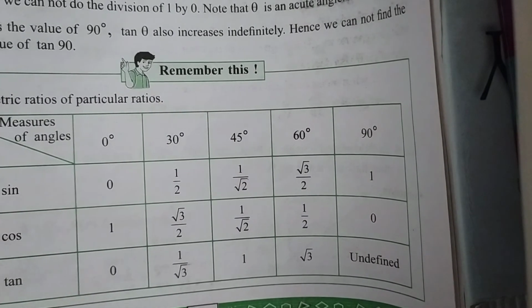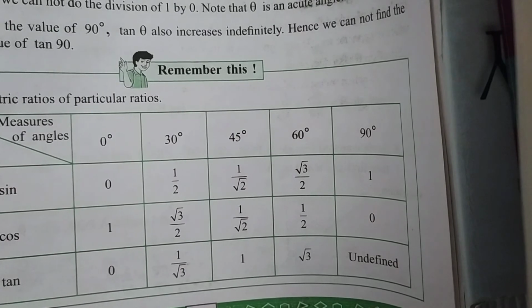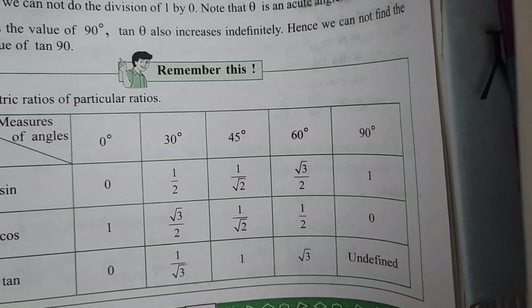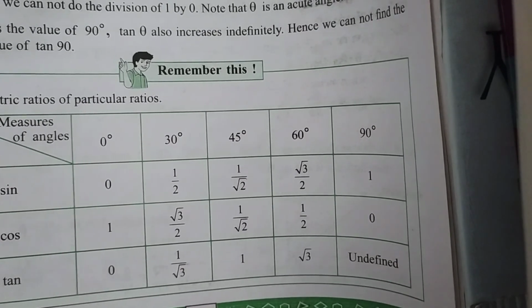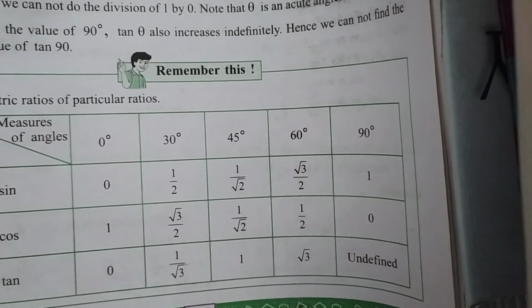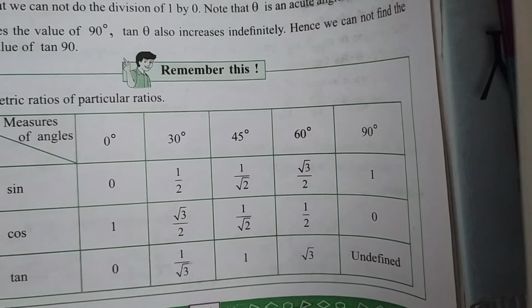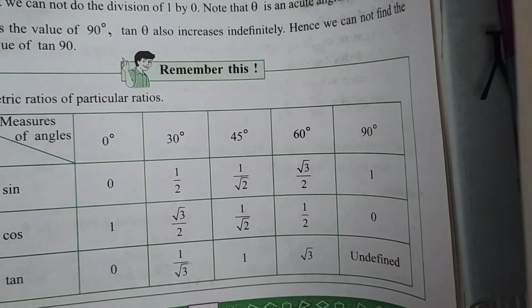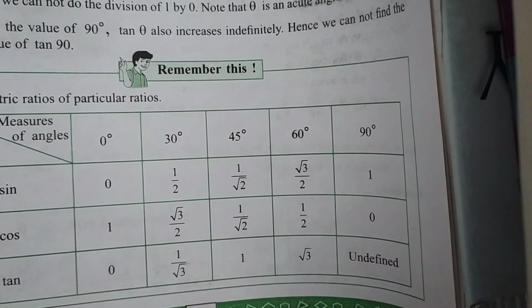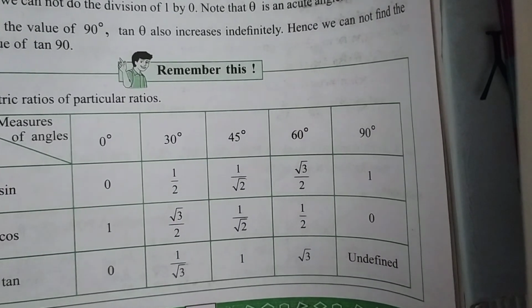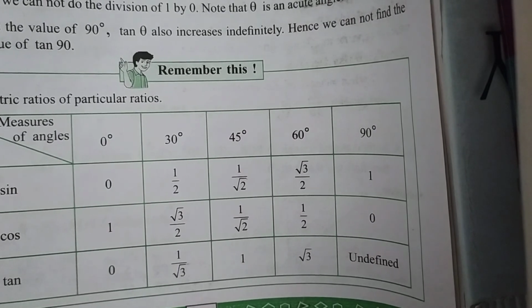Okay. Now for your term exam, your portion is lesson number 1 to 4. So up to construction of triangles, revise it very well. That will be the portion for your term exam. Do not neglect what we are doing now, trigonometry. It's a very important topic for both 9th as well as 10th. Complete your portion as I am doing it.